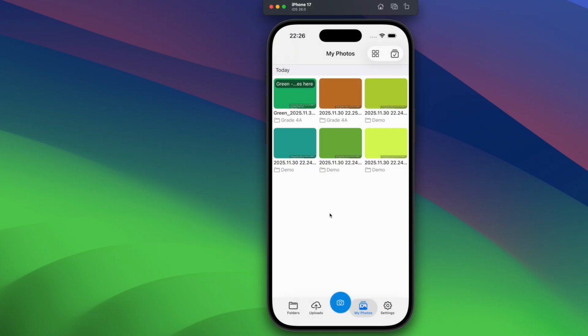This is a quick overview of the app. I hope you will find the app useful, and please let us know if you have